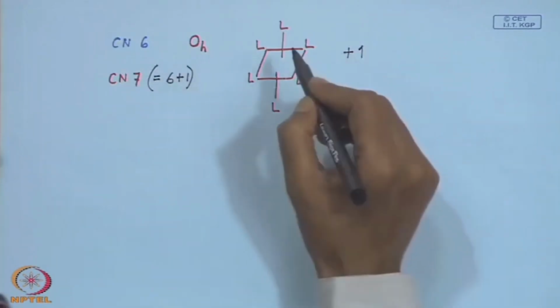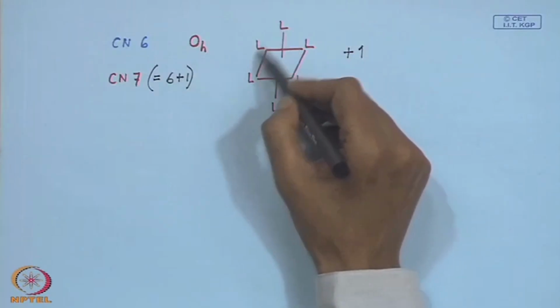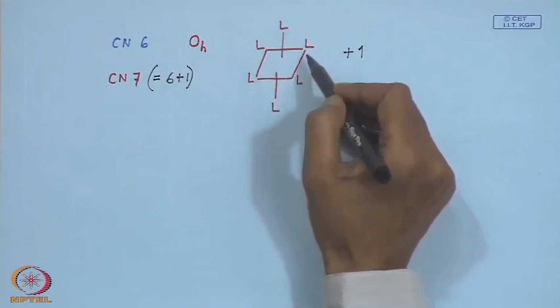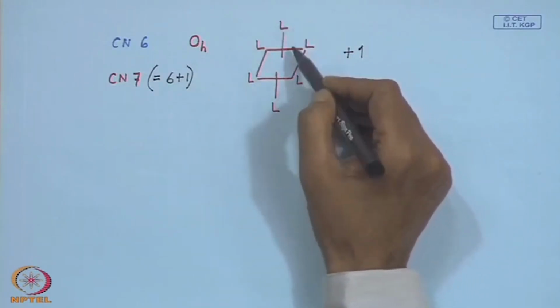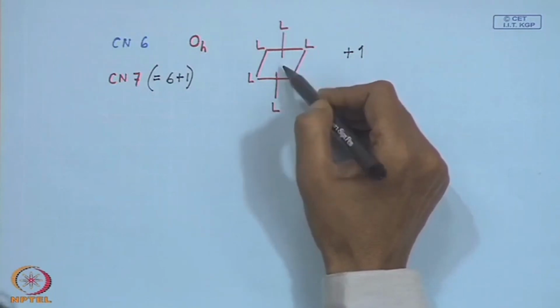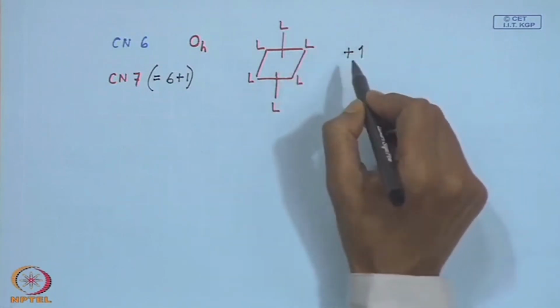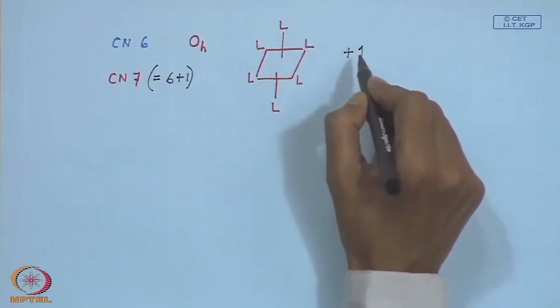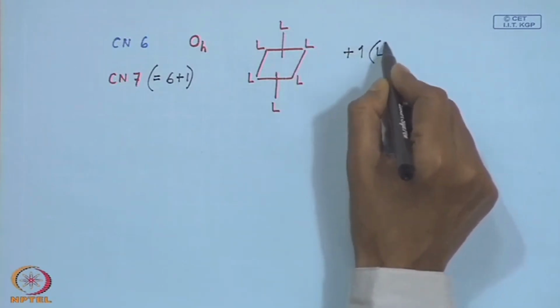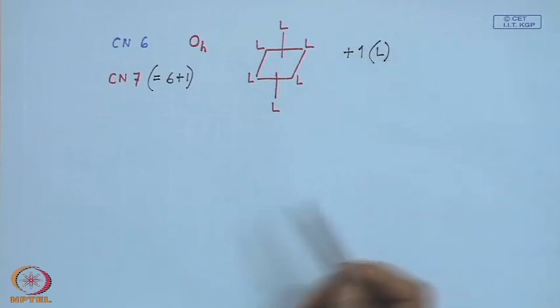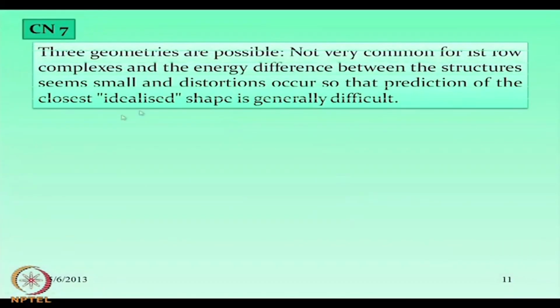So how do we put it? If all the positions are symmetric in nature, preferentially we should take one such position such that we put one extra ligand to get a corresponding coordination number of 7. So let us see how we put that particular